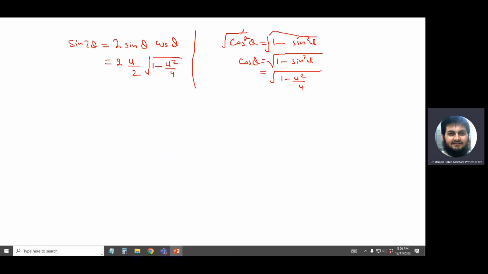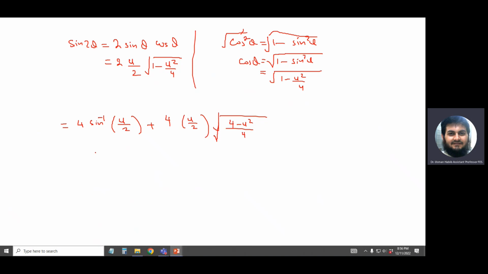We will have something like this. So the whole thing becomes 4 sine inverse of u over 2 plus 4 u over 2 under the root 4 minus u square over 4. The whole thing is under the root. So,